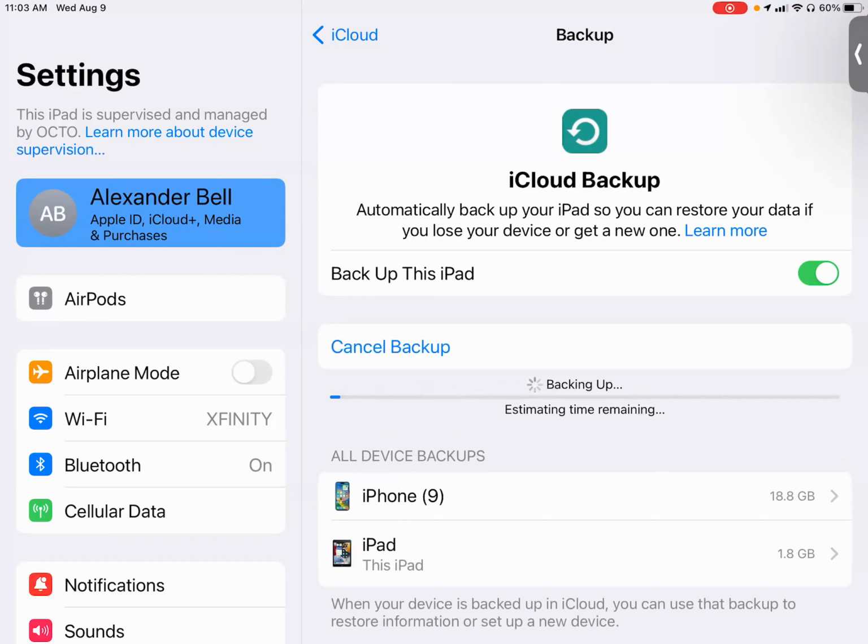So it says backing up, and it tells you the estimated time remaining after a second or two. But it's a very quick process. It should take 1 to 2, sometimes 3 minutes, depending on how much storage you have on your device. I have quite a big backup, so even for myself, it does not take that long. It just depends. Right now we're on Zoom, so Zoom is taking some of the connection. But again, it's quite fast.